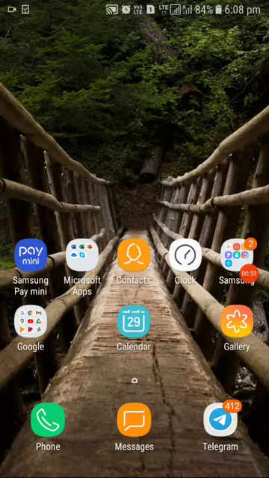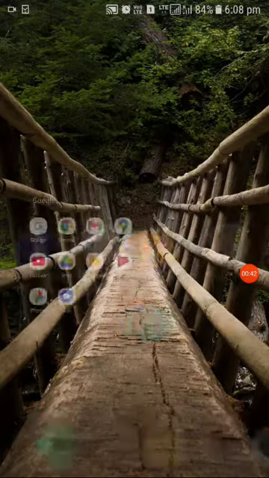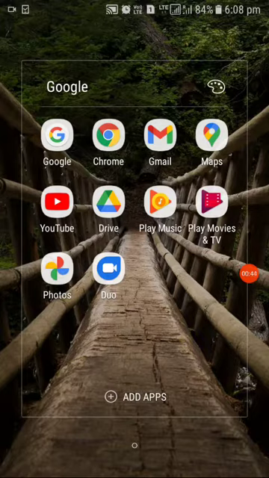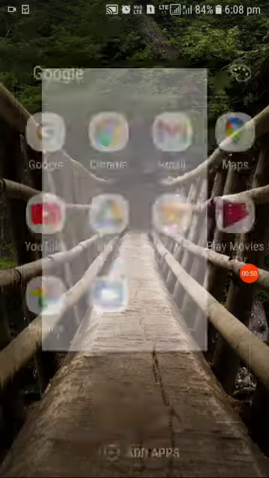First of all, you have to open the Google Chrome browser. I have my Google Chrome in a Google folder, which is over here. I will select the Google folder and now I will select the Chrome browser. This is my Chrome browser, so I will select it.